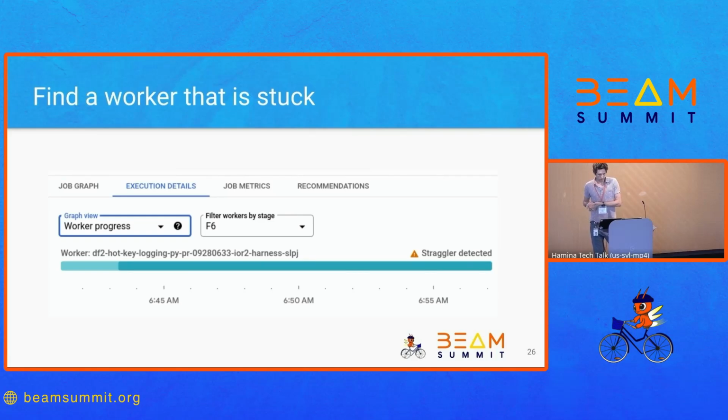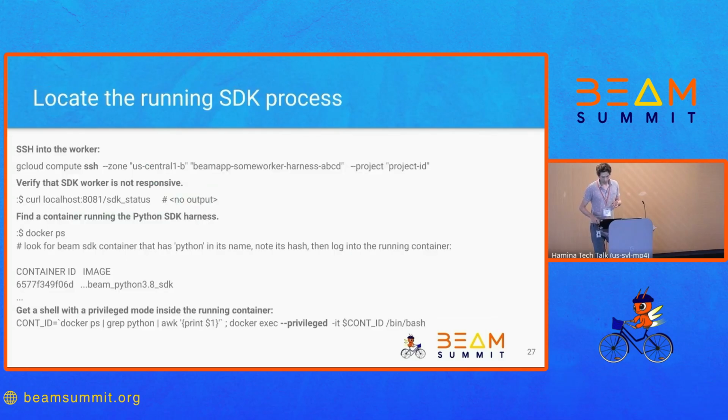With Dataflow Runner, we actually have an execution details page that tells you whenever we observe certain kinds of stuckness, and it can tell you what worker is stuck, and you can continue your investigation from that point. And then once we identified the worker and the stuckness was happening at runtime, we could log into the worker VM,